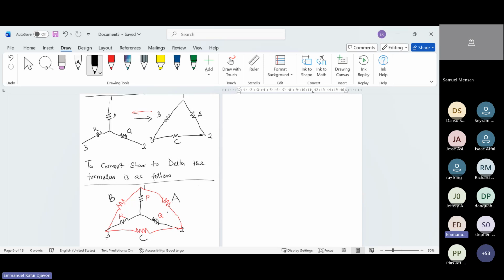To convert that star to a delta, you know, the unknowns for the delta are A, B, and C. So A will be equal to, you can see for the star we have P, Q, and R. So P times Q gives us PQ, plus Q times R, which gives us QR, plus R times P, which gives us RP,